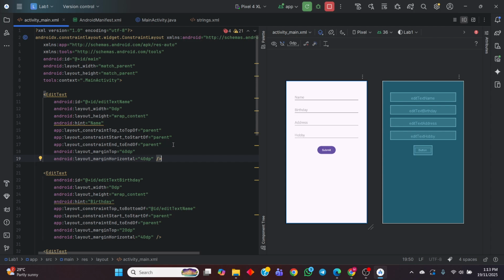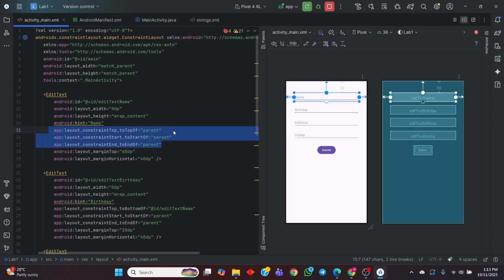The end of this edit text will also end with the end of the screen. Because of that, we use these three constraints so that it will be organized in the preferred position. I also put this margin so that it will have a gap horizontally and vertically at the start of the screen.